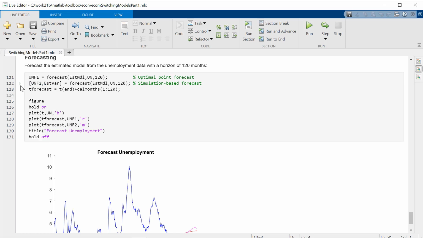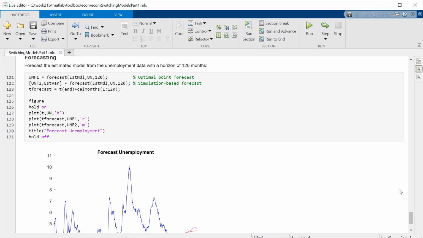If you call the forecast method with 2 outputs and ask for this estimated variance as an output here, you get simulation-based forecasts. So what the forecast method will do is a kind of Monte Carlo, generate multiple paths, and then average those to create the forecast mean.